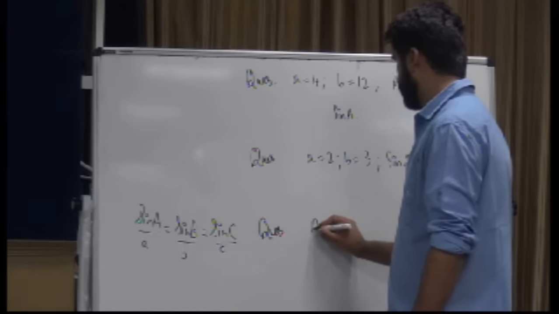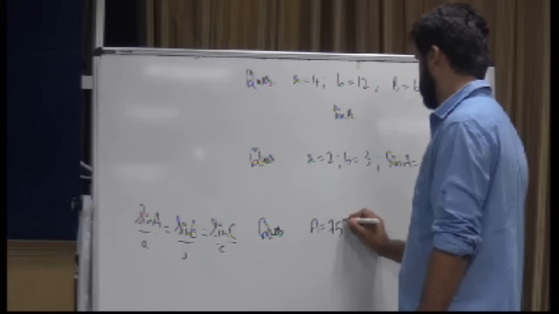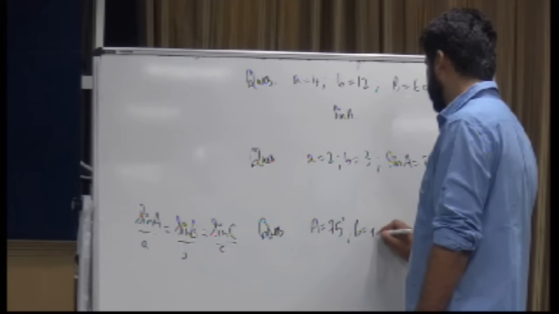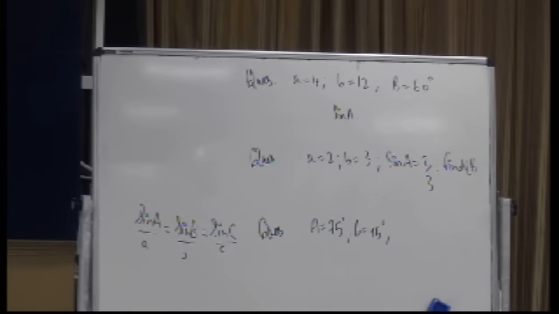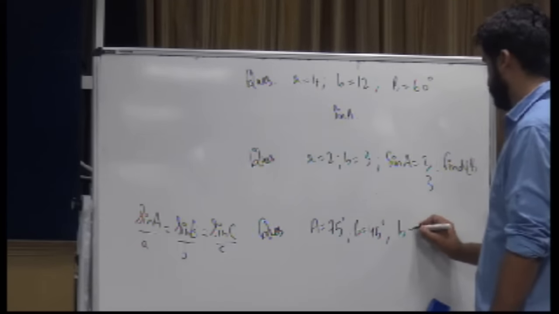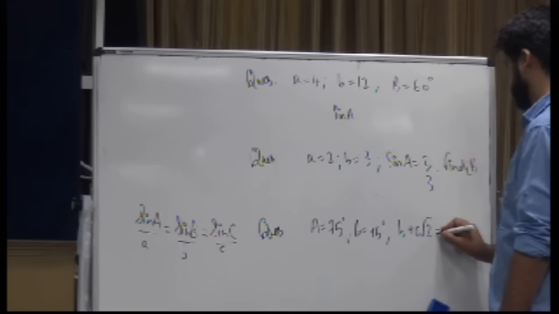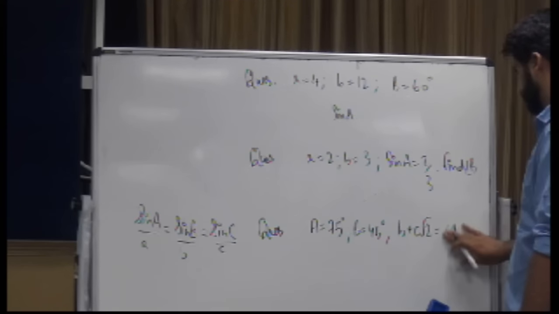A is equal to 75 degrees. B is equal to 45 degrees. Find the value of B plus C root 2. And the options are